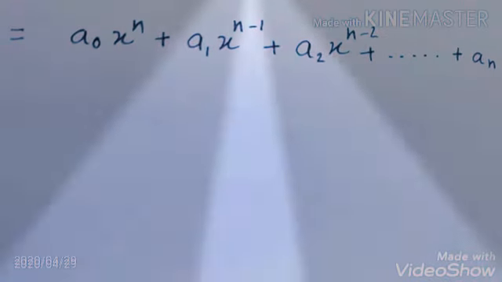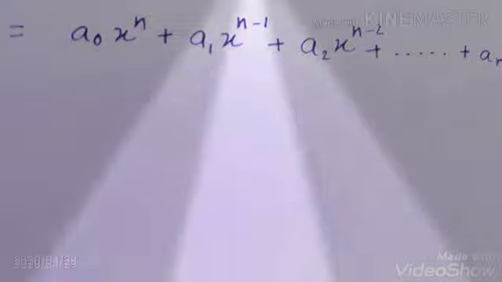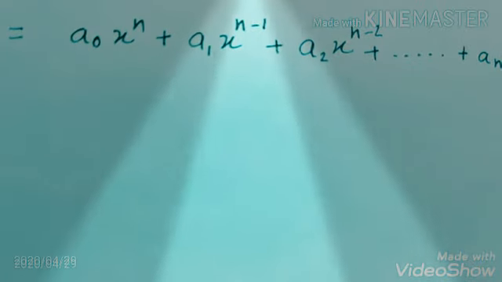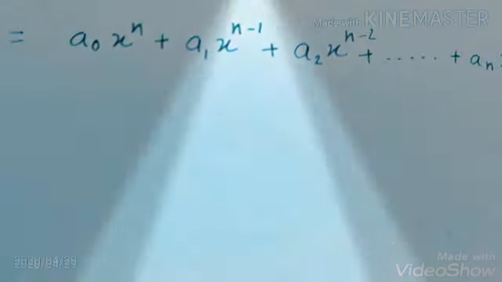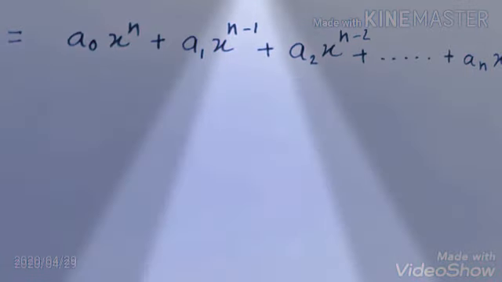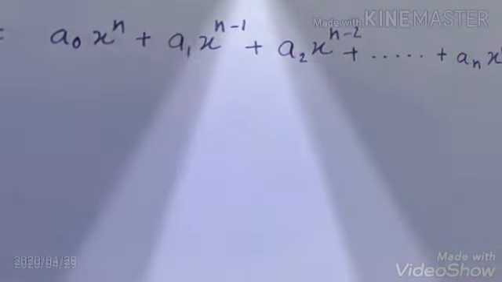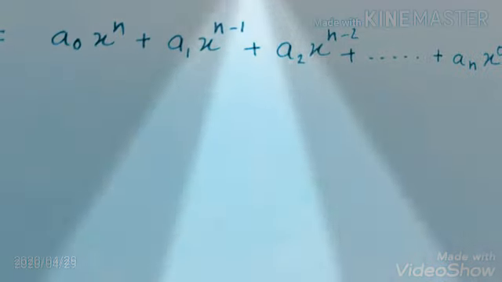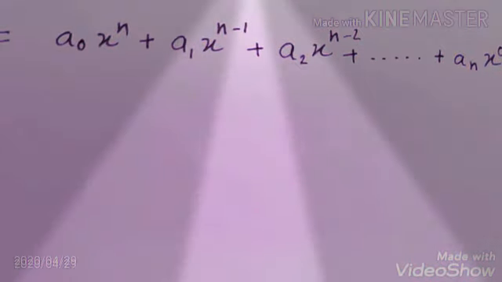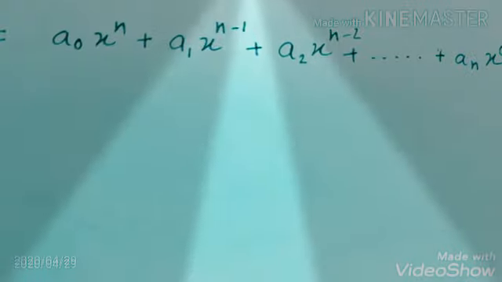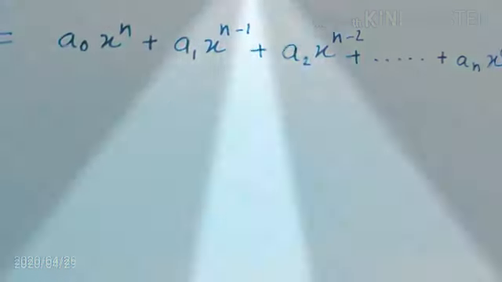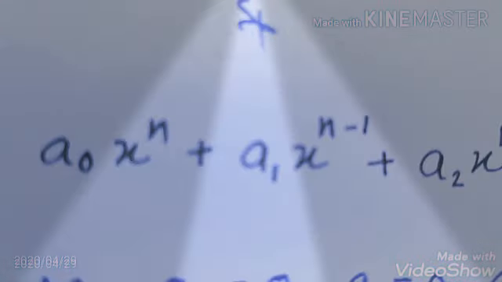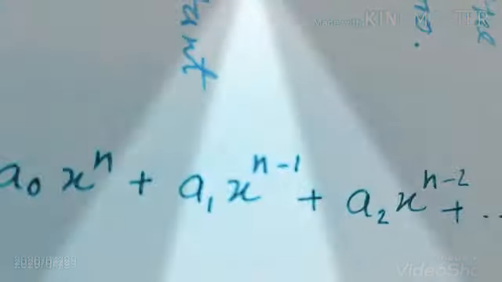a0, a1, a2 ये केवल सिंबल्स हैं। ये नहीं कि a0 की वैल्यू 0 ही हमेशा होगी या a1 की 1 होगी। ये केवल एक सिंबल के तौर पे नंबर्स लिए गए हैं। n कोई भी नंबर हो सकता है, और जैसे आगे की ओर बढ़ता जाएगा तो उसकी एक्सपोनेंट कम होता जाएगा धीरे धीरे करके। तो इस तरह से ये एक पॉलिनोमियल का स्टैंडर्ड फॉर्म है। तो what will happen if all coefficients of a polynomial are 0?